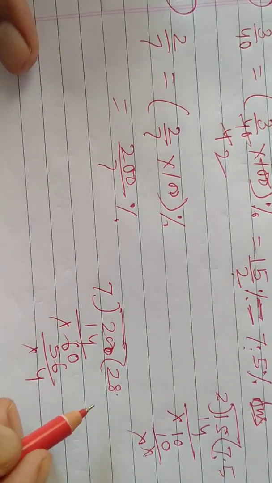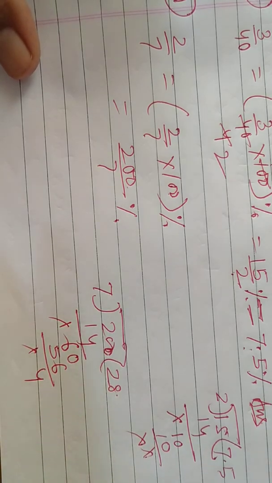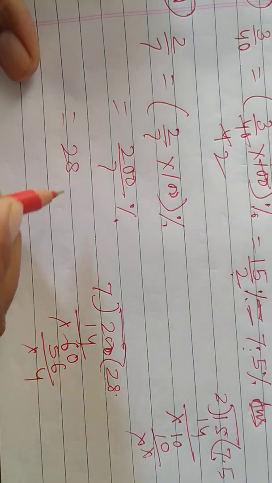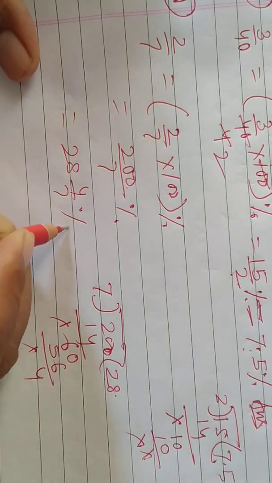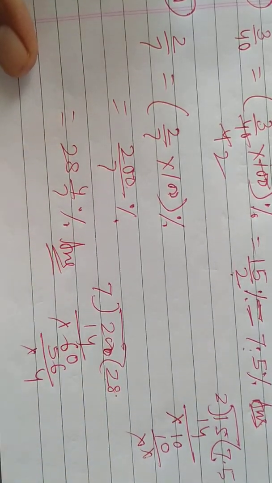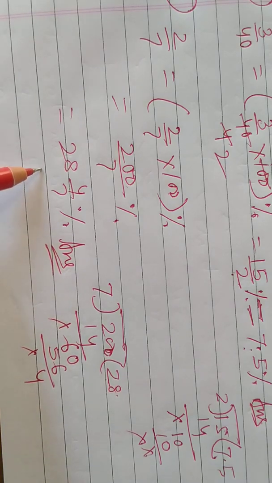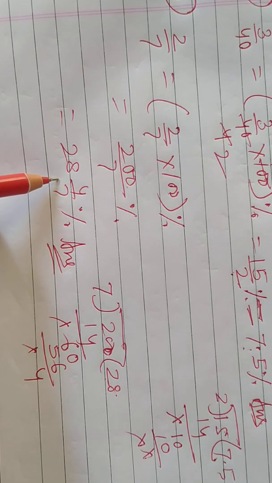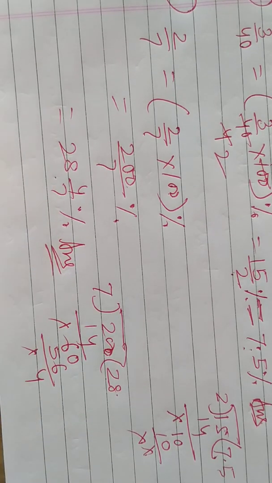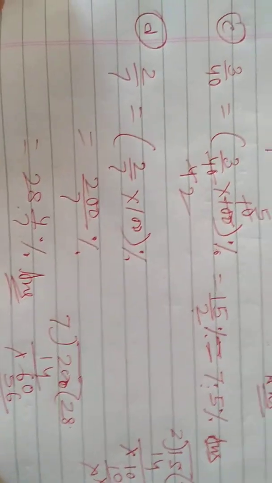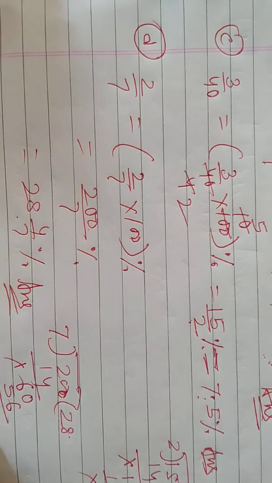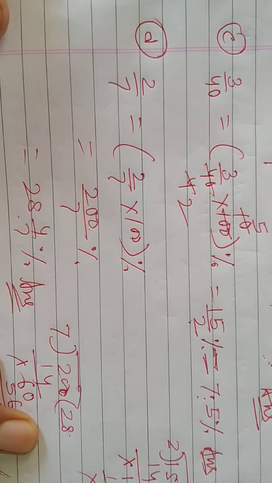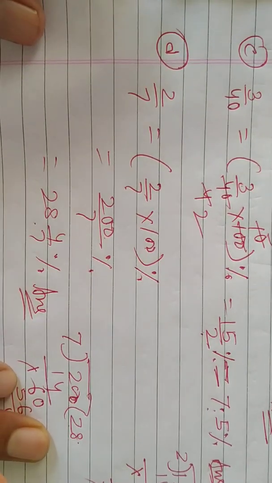Okay, this question I am going to write as a mixed fraction. See how to write. This we write first, 28 4/7%. Okay, if you write in mixed fraction, no problem, that is also right. If you write in decimal, that is also right. Okay, now it is completed. Question number 1 is completed. After this we solve question number 2.